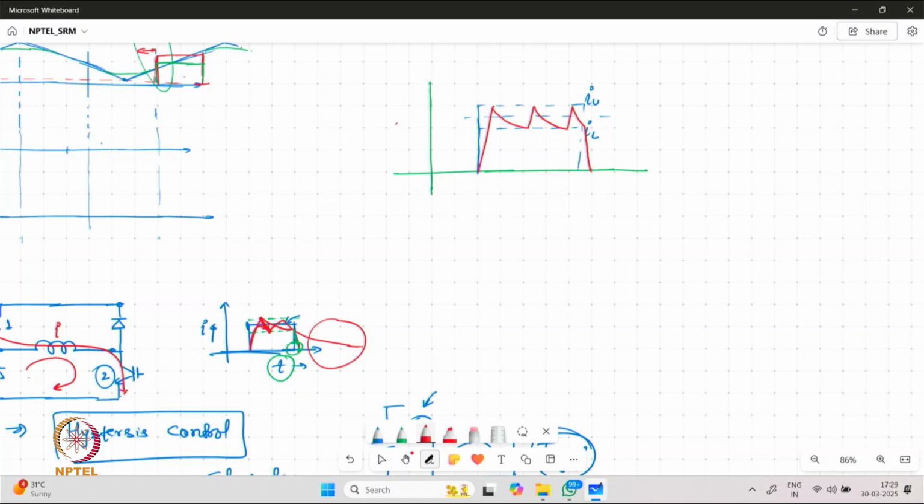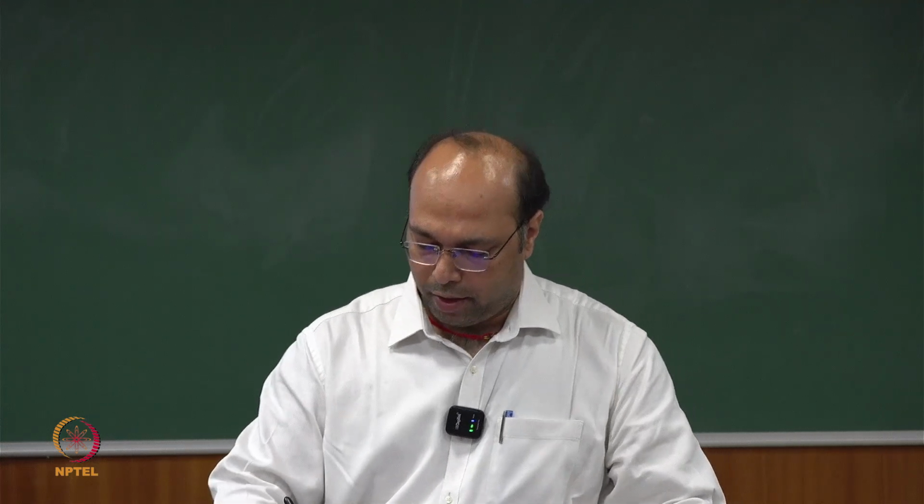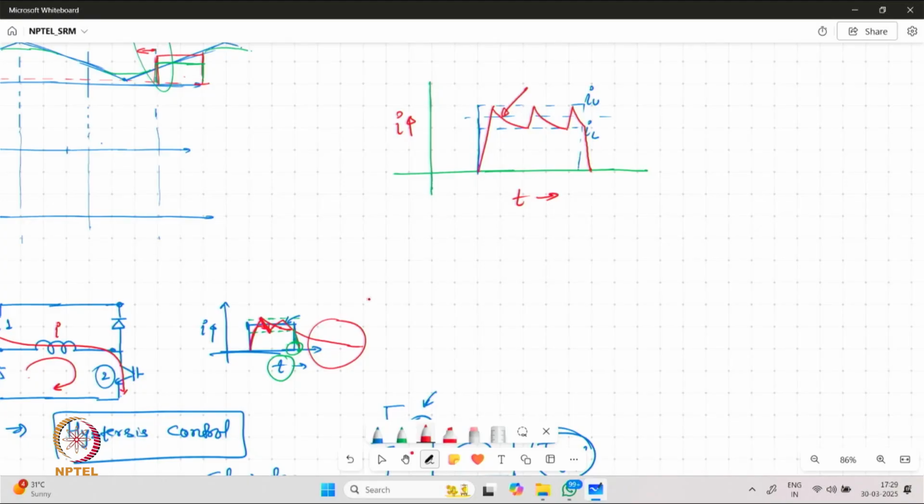So typically the current waveform may look like this. We are finding a fast rise in the current because there is voltage applied across it, and within this time interval there is a slow decay option taken because we do not want the devices to be switching many times, and the slow decay process may help